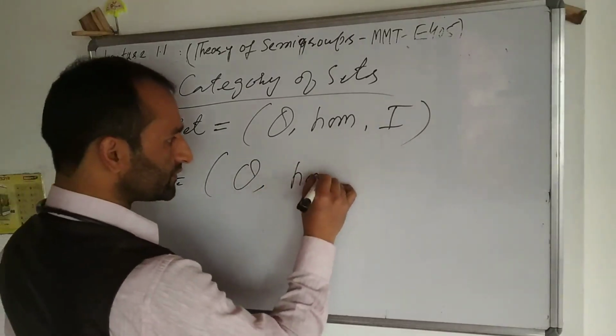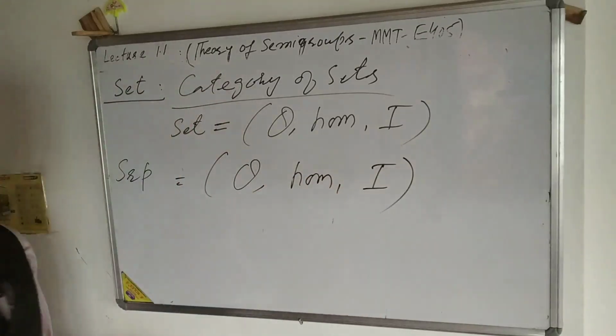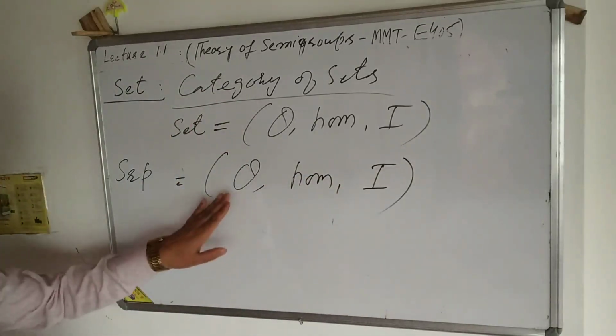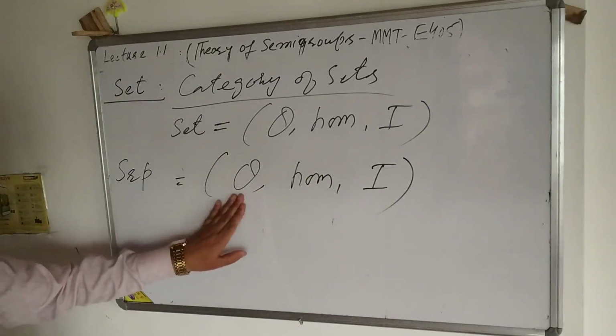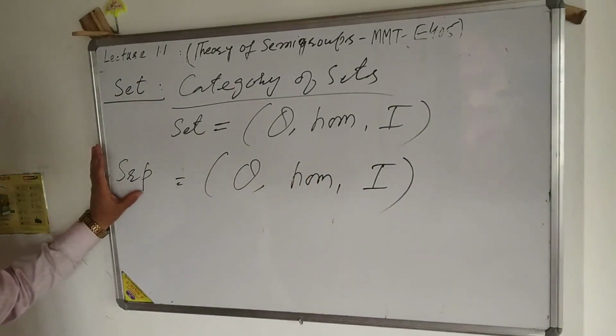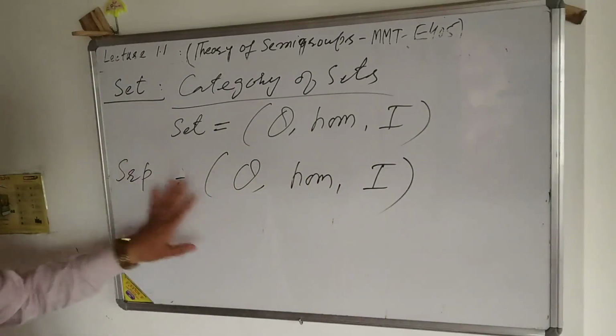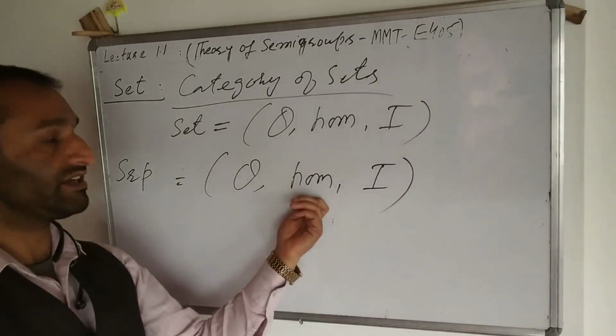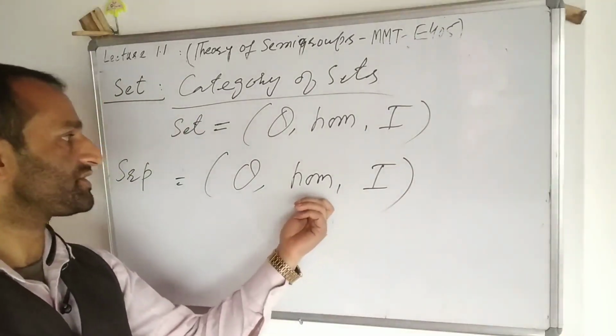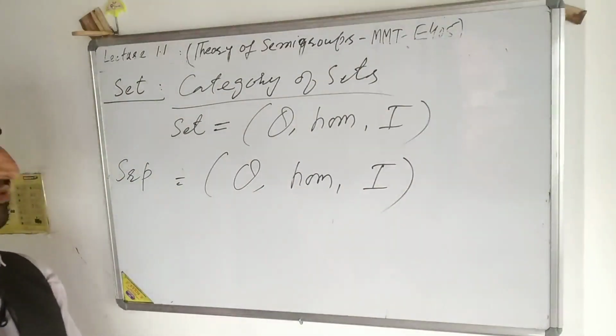It is this triplet O, hom and I, where in this case O is the collection of all semigroups. It's not the collection of all sets here, it's the collection of semigroups only. And hom is not the collection of all mappings, it is the collection of semigroup homomorphisms. So what do we mean by semigroup